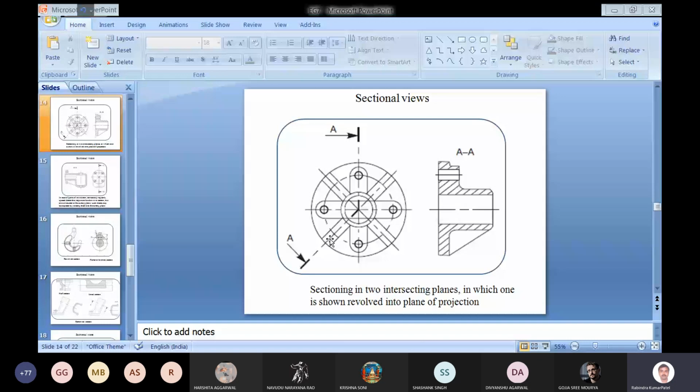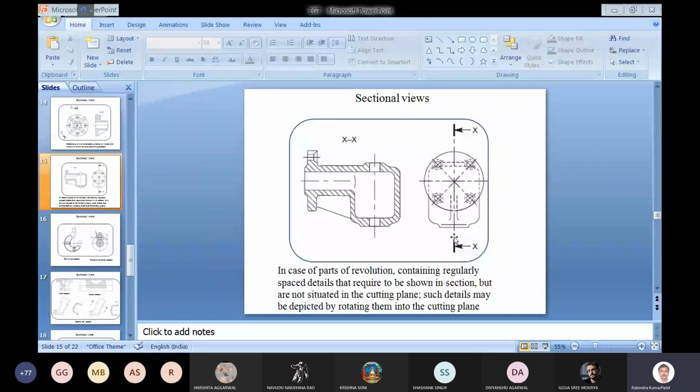Here you can see this is the thin part, and it is cut along the thickness direction. So this part will not be shown as hatched, because this is a thin part and it is cut by the cutting plane like this. So the hatching will not be done in this case also. There is another part shown here. Here also a thin part is there, and corresponding to that we haven't shown hatching.